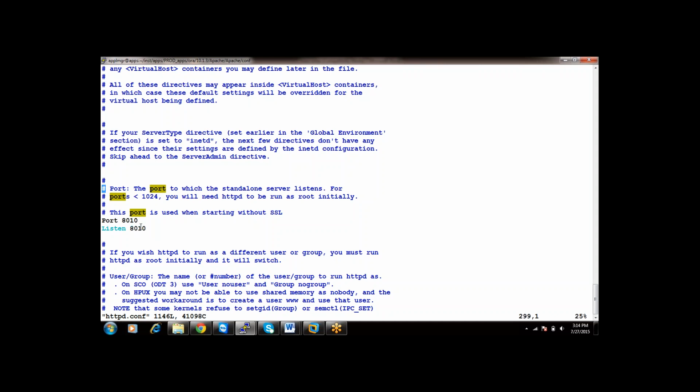But at this first point, it will come to this, right? I will change the value here to 8020. In another file, the value will be 8010. So what will the Apache server think? Should it start on 8010 or 8020? There will be some conflicts, right? Obviously, there will be some conflicts, so your Apache server will fail to start. To overcome these kinds of mishandling activities,